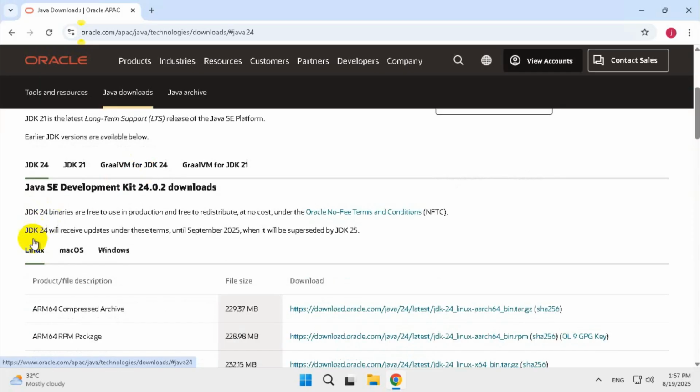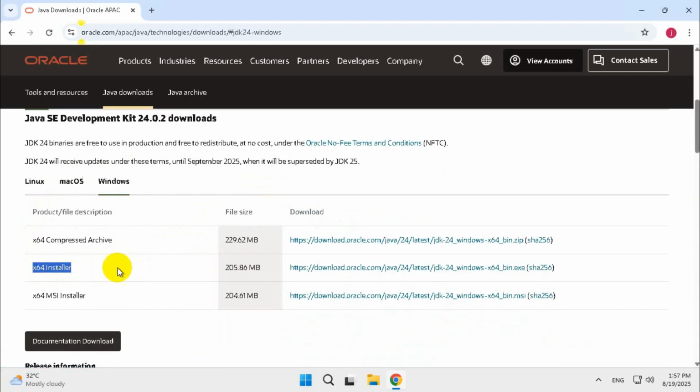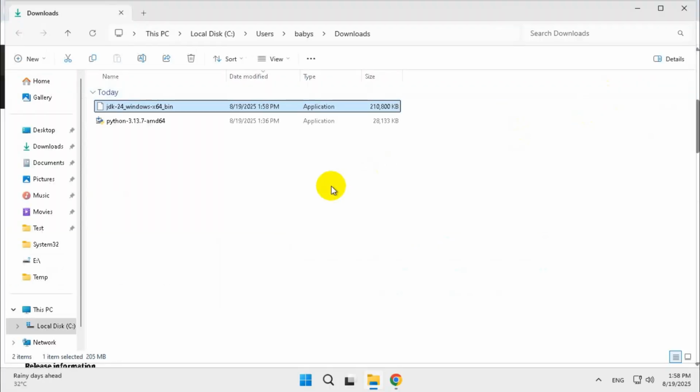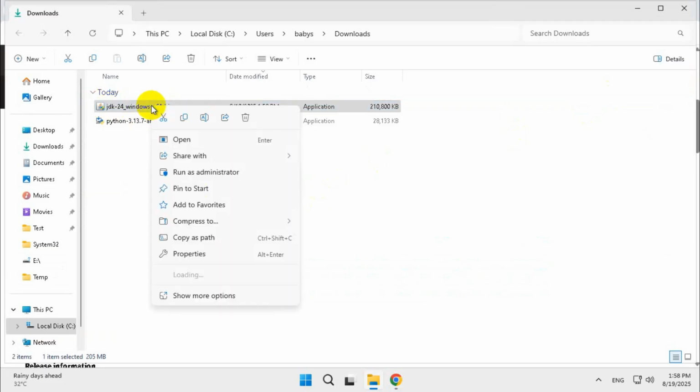Scroll down and click on Windows tab. You will see x64 installer and its exe format. Click on the download link and download is started. Once the download is completed, open in folder then right-click on Java JDK 24 installer application and then click on